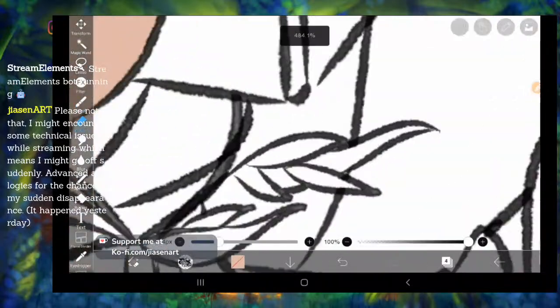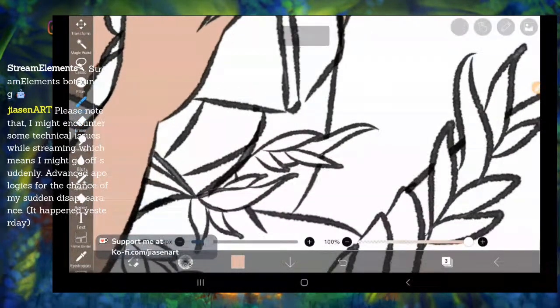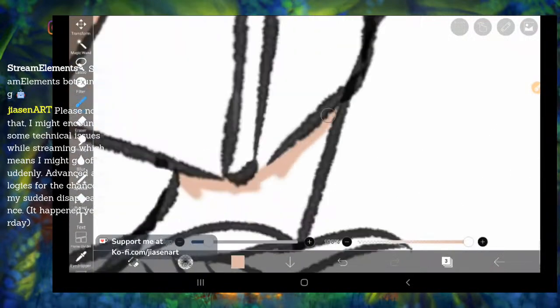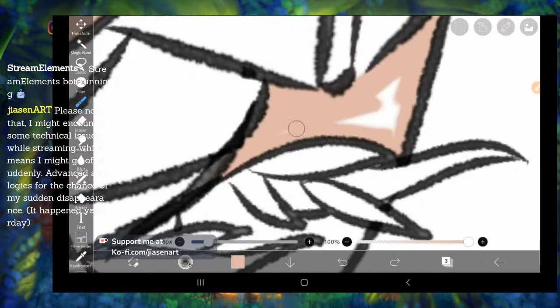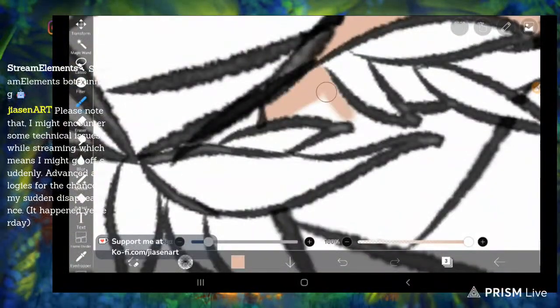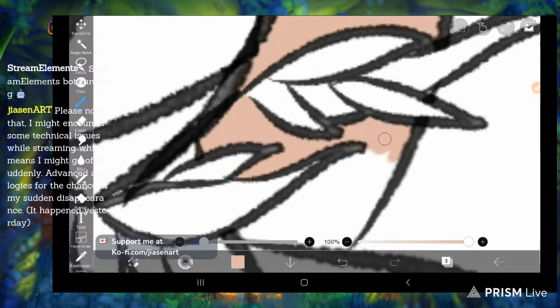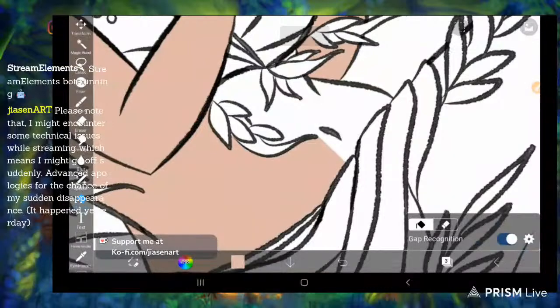I think it's a problem of my tablet. I'm live streaming from my tablet, and I also had problems recording this painting video. Every time I tried to use my bucket tool, the recording stopped. That's why you can see I'm painting each part separately.